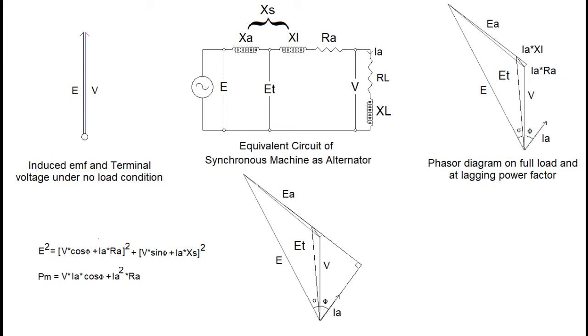Ra represents the winding resistance of one phase of the armature. XL represents the inductive reactance of one phase of the armature windings. The next important parameter is XA, that is not an inductive reactance in the real sense but could be used to account for the effect of armature reaction.